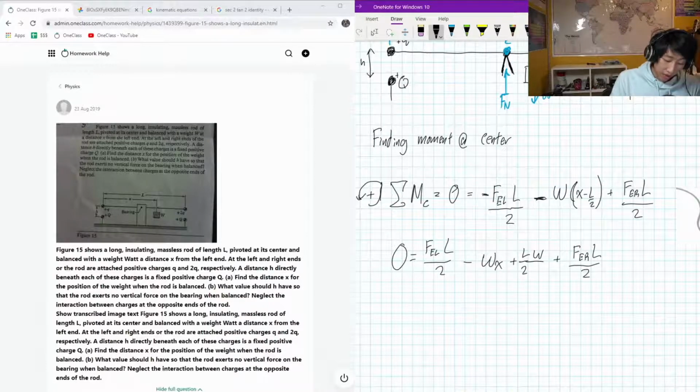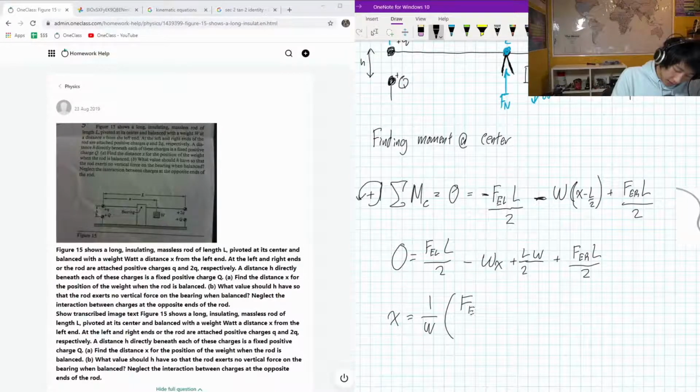Now we're going to try to solve for x, so let's bring that WX term to the other side and divide the whole thing by W. So x is equal to 1 over W times FEL times L over 2 plus L over 2 W plus FER